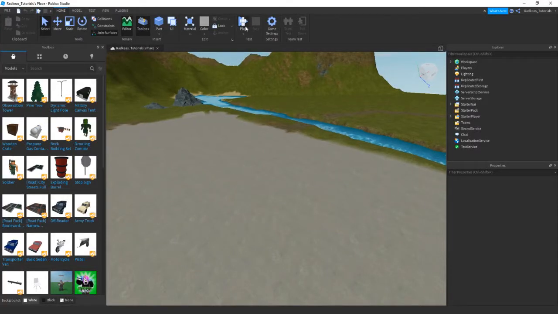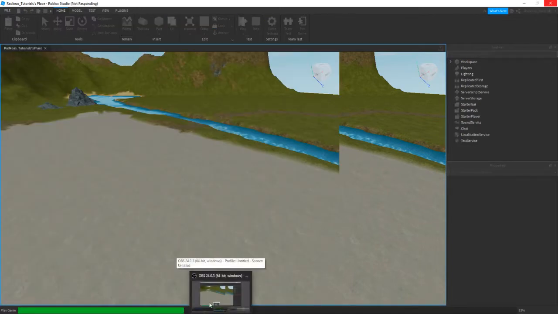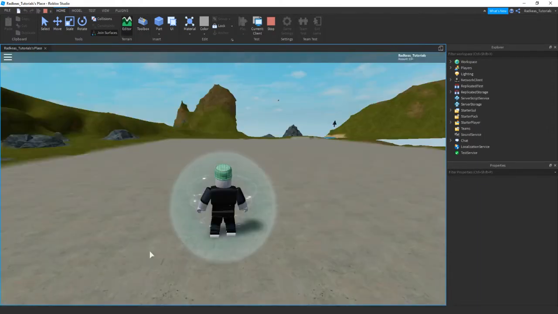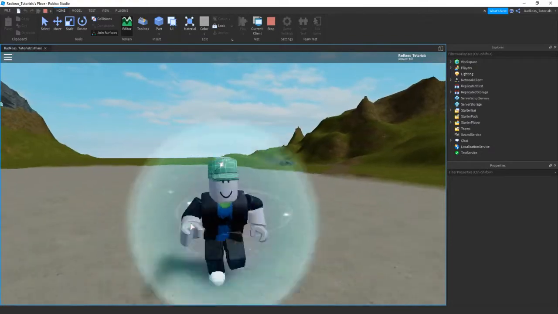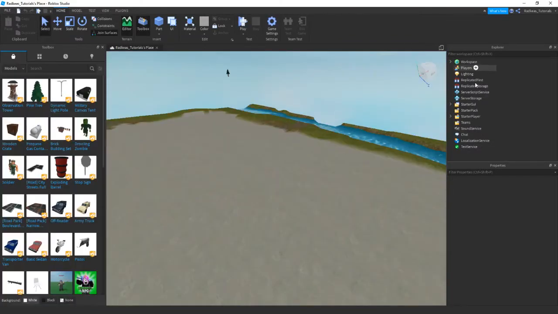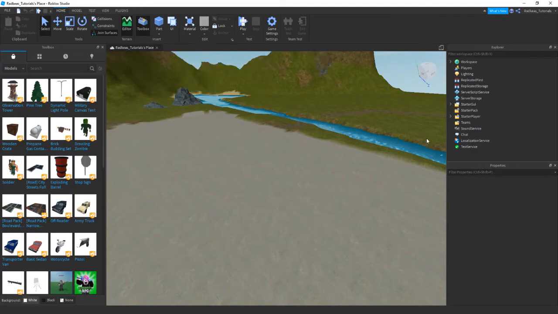Today I'm going to be telling you how to lock first person in Roblox Studio. So this is a simple tutorial. It's basically just saying how to make it so you are stuck in first person. As you can see, I'm in third person right now. But if I click stop, I'm going to tell you how to make it so you're locked in first